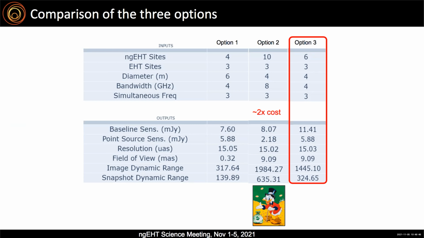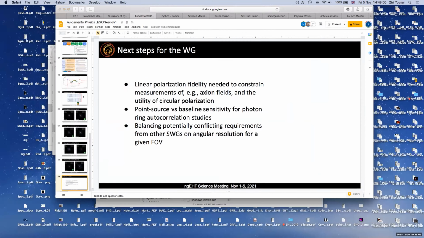In the end, option 3 seemed somewhat better. We'll show images in a second. At the sacrifice of a little bit of baseline sensitivity and point source sensitivity, it actually offered us the best image reconstructions of M87. So if I can skip this slide, and it won't let me. And so if we have a look here,